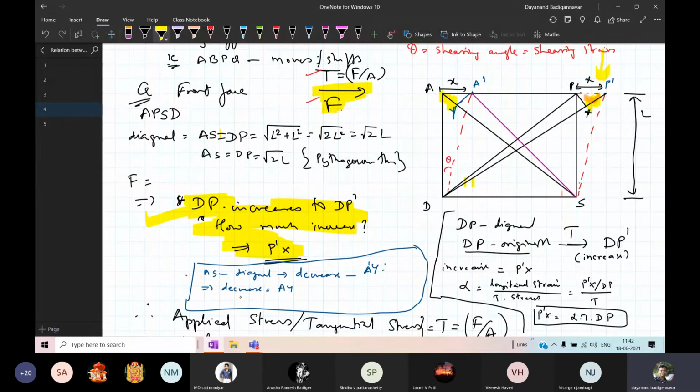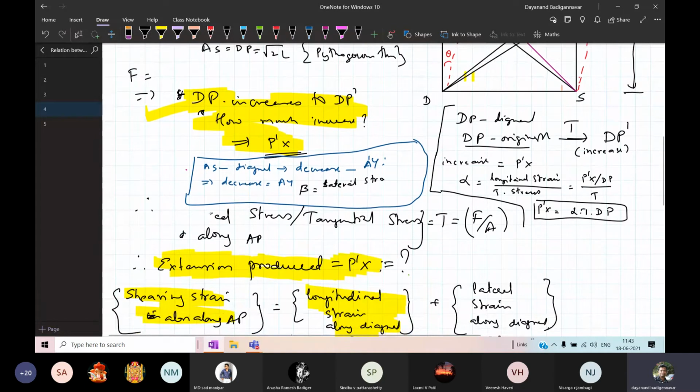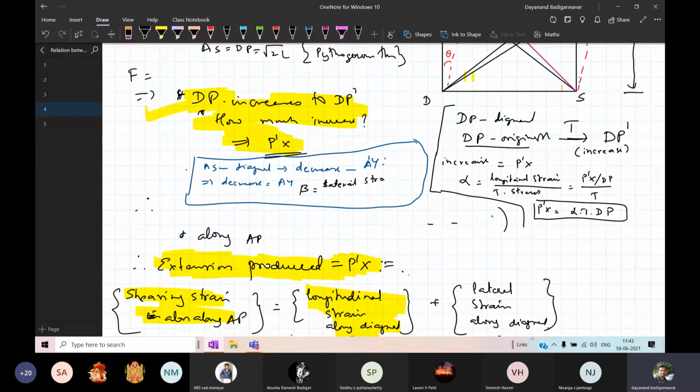Okay, so therefore I can define beta. Beta ಅನ್ನ define ಮಾಡಬಹುದು, ಅದು lateral strain coefficient ಅಂತ. Beta is equal to change in diameter to the original diameter. ಅದಕ್ಕೆ ನಾನು ಏನಂತೀವಿ ಇಲ್ಲಿ lateral strain. I will call it as the lateral strain. Okay, I will mark it here. Don't worry, I will write it somewhere else. Okay, so I have to find beta.